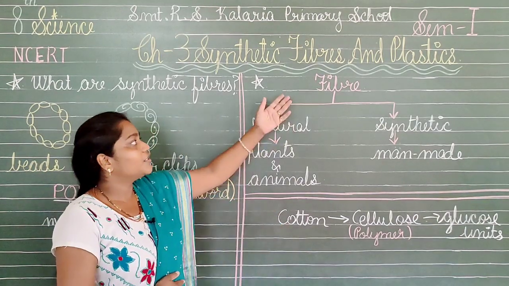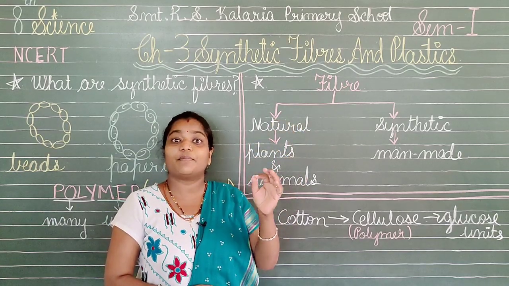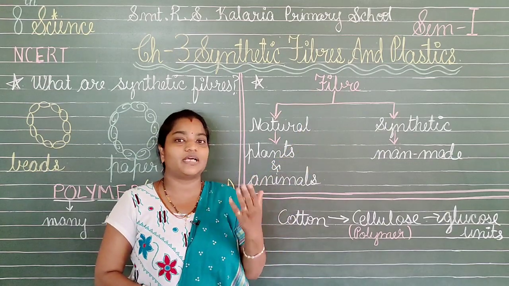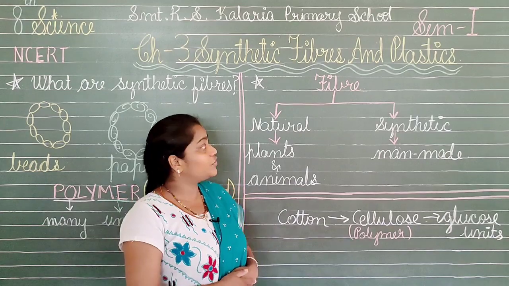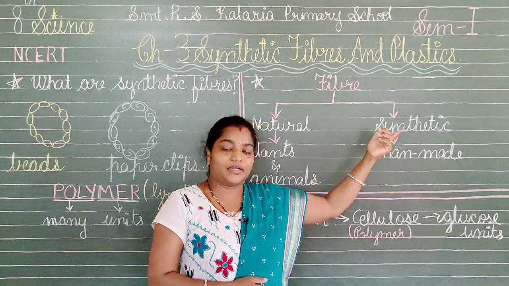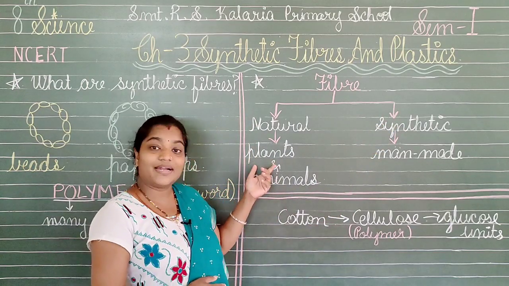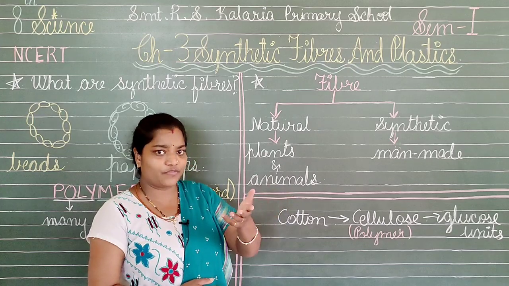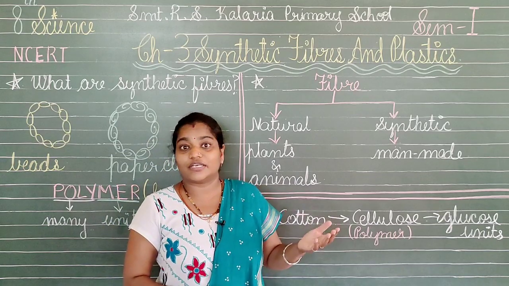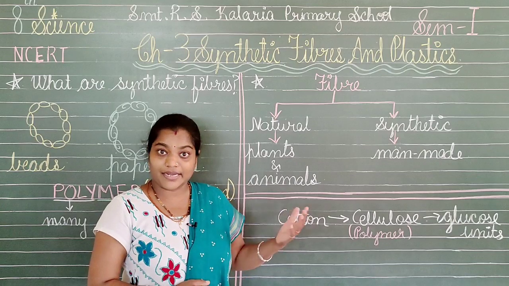So here it comes. What does fiber mean? The small strands of thread by which the fabric is made. Okay. So here we have fiber of two types which you people have already learned about. The first one is the natural one and the second one is the synthetic one. Now what is the natural one? Yes, the one which is obtained from plants and animals. The examples you know very well, isn't it? Yes, for plants we have jute, cotton and so many others, whereas for animals we have wool and others also.